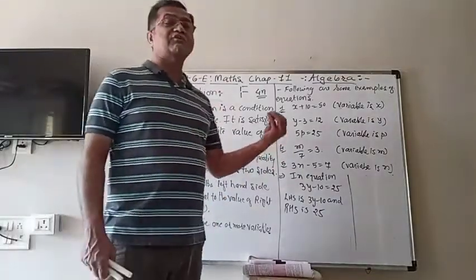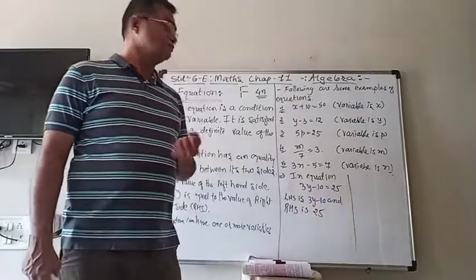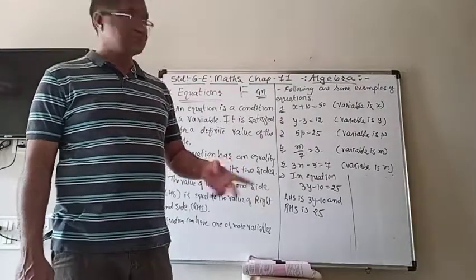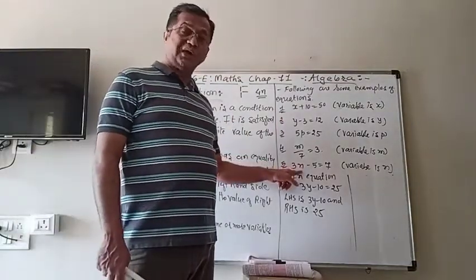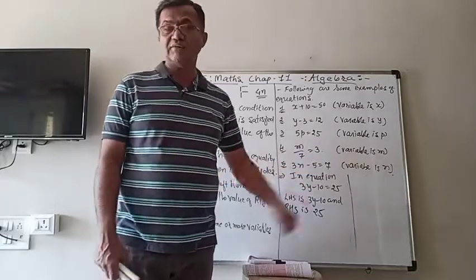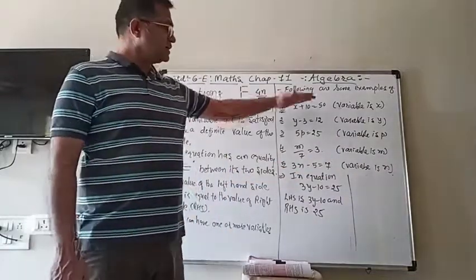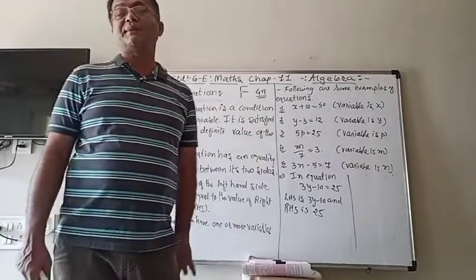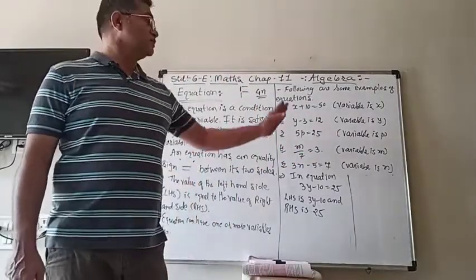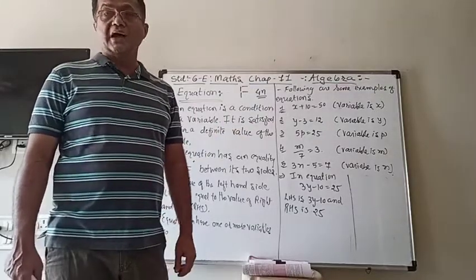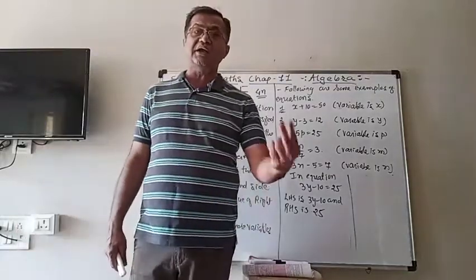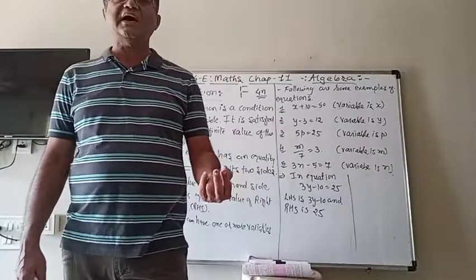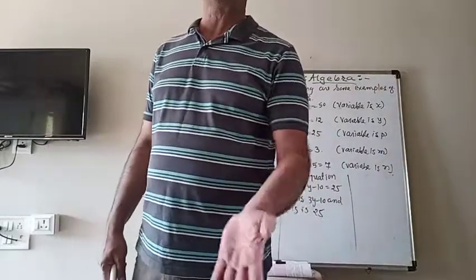So here, what can be the value of n? It can be 4. 3 fours are 12. 12 minus 5 is 7. So these are some examples of the equation. Now in an equation, as I told you, there are two parts, that are LHS and the